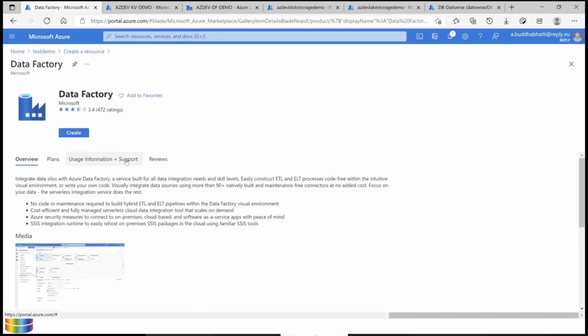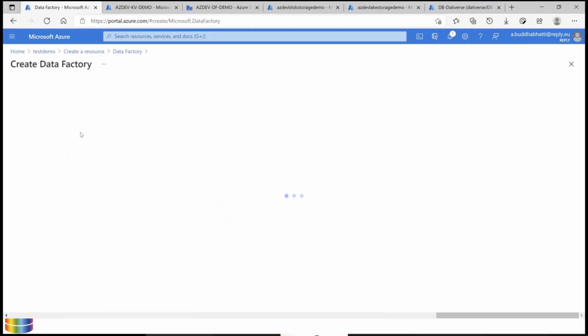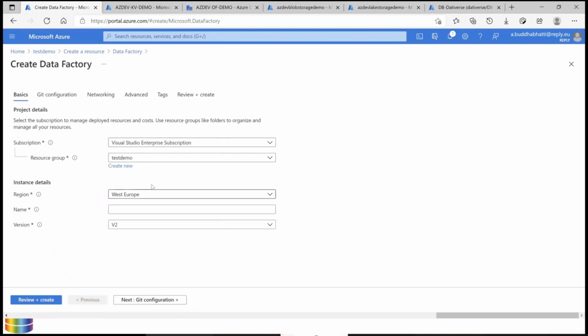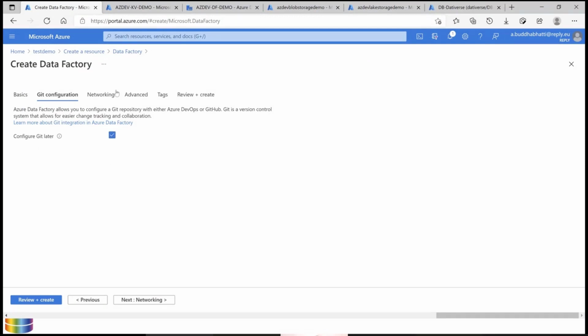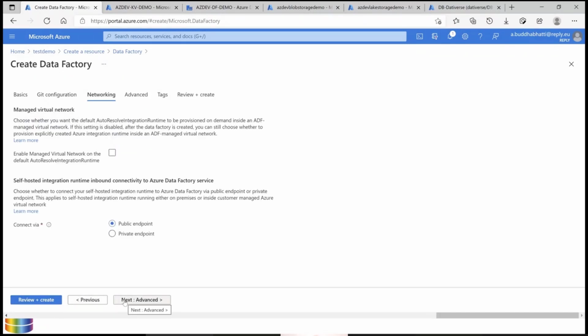By clicking just a few buttons, you can create your Azure Data Factory. You give it a suitable name, and here you can say if you want to use your existing Git repository type, then you can select it here. Otherwise, you can select it later on. Then you just need to click next, and it will create it for you very quickly. So this way you can create your Azure Data Factory.